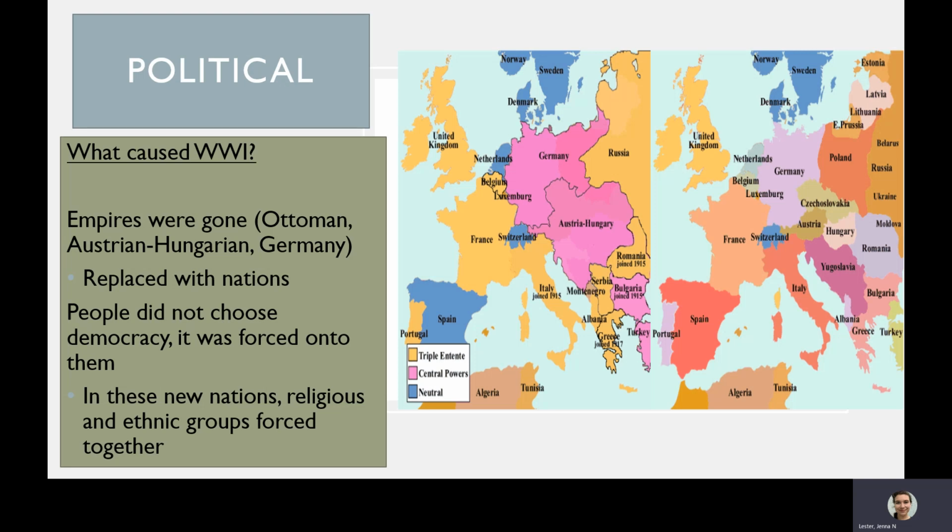They don't want it. The other major issue with the way they broke up all these nations is that they didn't really pay attention to religious or ethnic groups and would force enemy groups together into one country, split people off from their families, things like that. Which, if you remember the scramble for Africa, that's very similar. Europeans be Europeans, I guess.